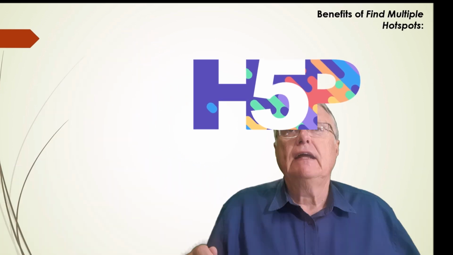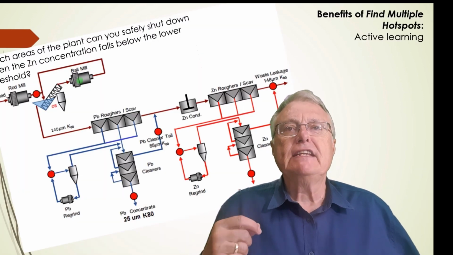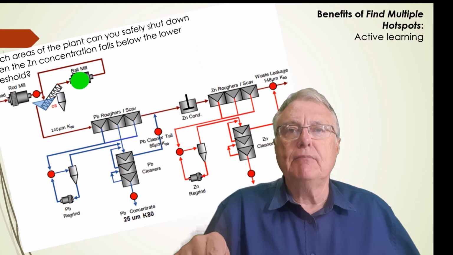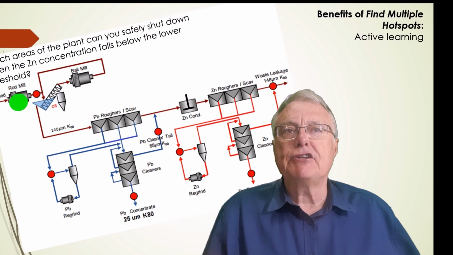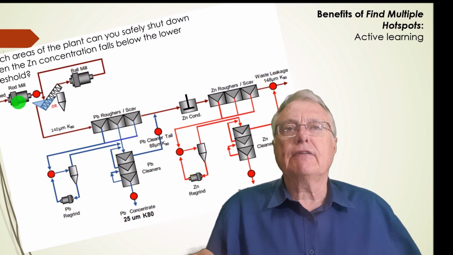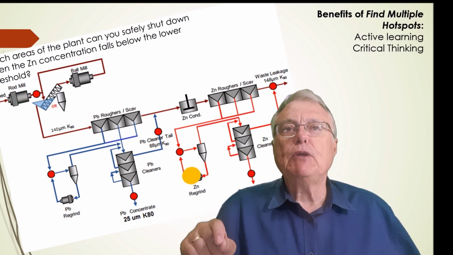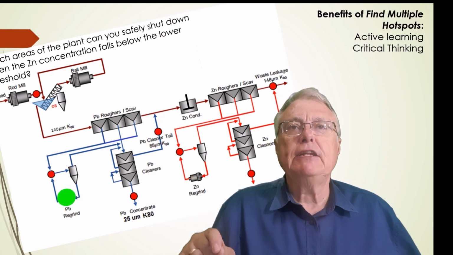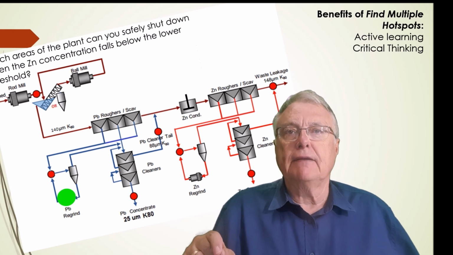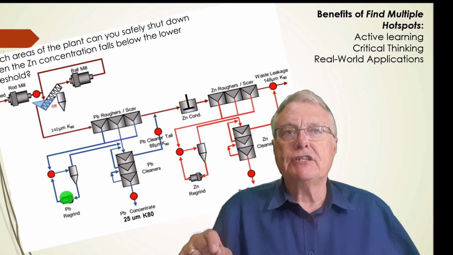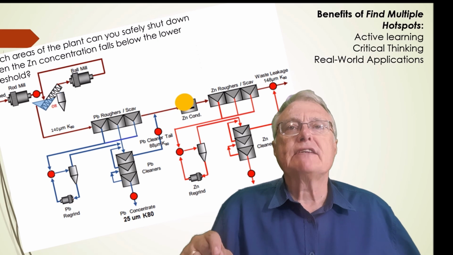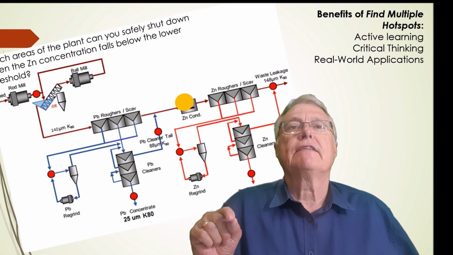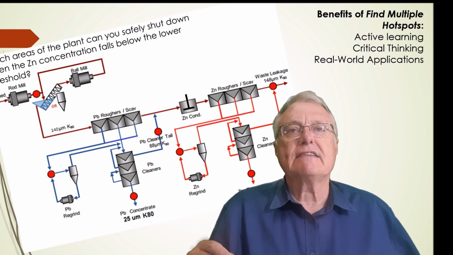Let's dive in. Active learning. Learners interact with the content by identifying specific areas on an image, which increases engagement and retention. Critical thinking. By distinguishing between correct and incorrect hotspots, learners develop the ability to assess information critically. Real-world application. This tool simulates real-life scenarios, allowing learners to practice skills they'll need on the job, such as hazard